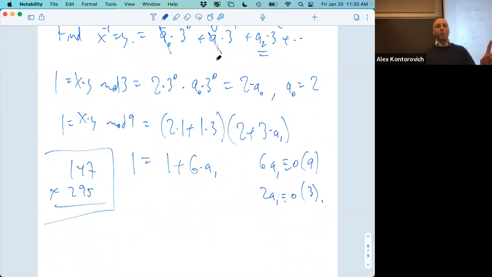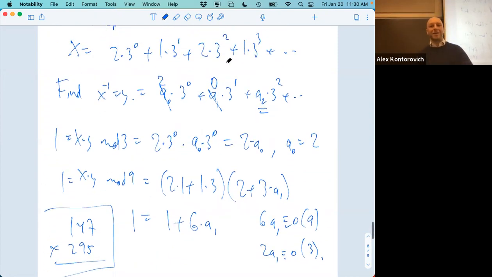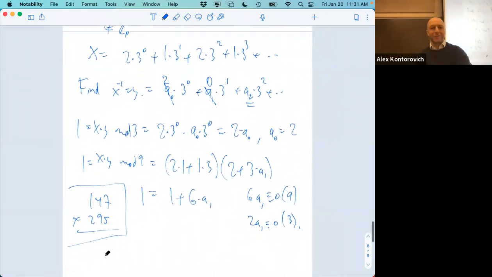Before I do that, should I do one more step here so you can see what the next digit of y would be? Wait, how do you know the second iteration, like finding the third digit you need, is going to have a solution? Let's do it, and you'll see why it has to have a solution. Let's do one more iteration.